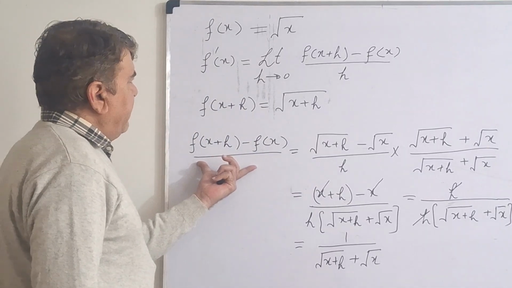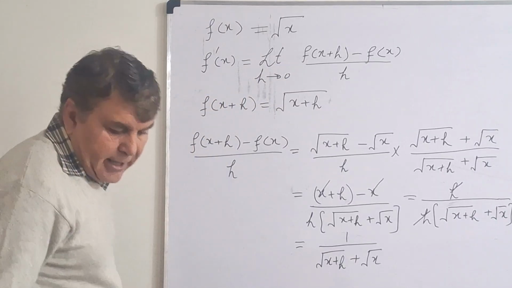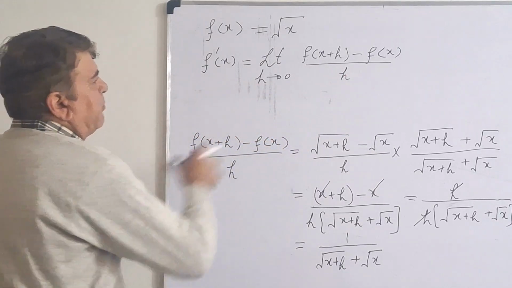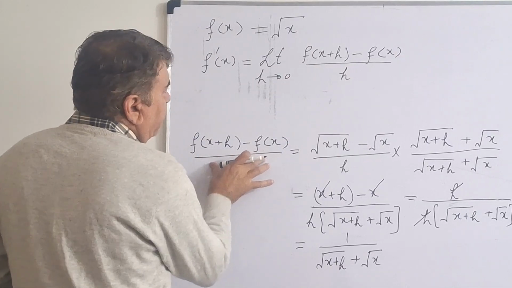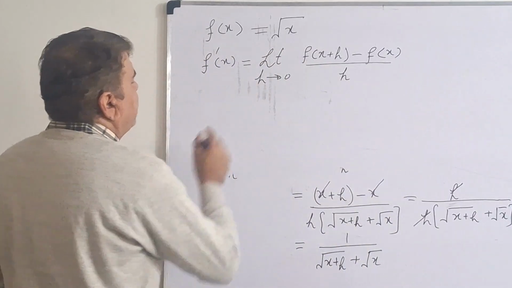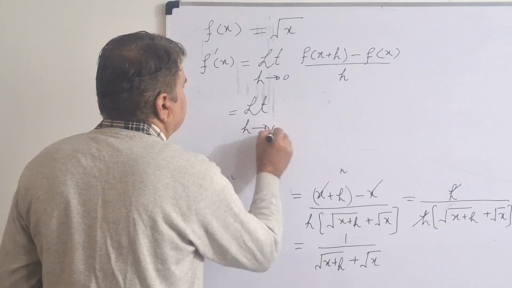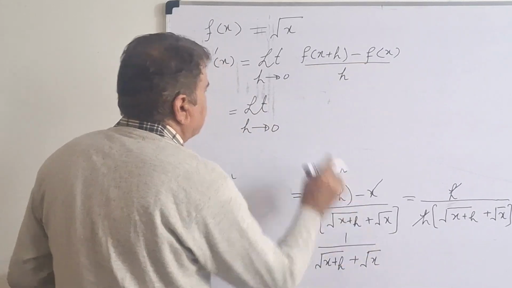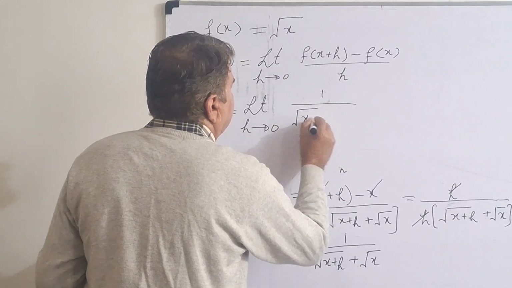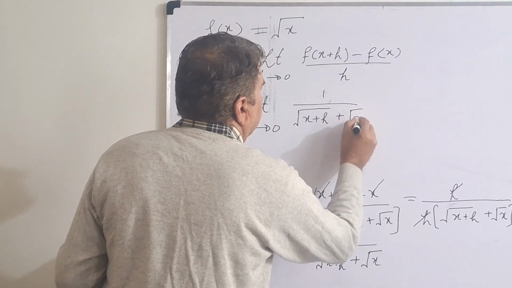Now, if I take the limit of this one, that would give me the derivative. So I just remove this thing and I plug in the value of this thing at this position, which is this thing. So I write the derivative in the form: this is equal to the limit as h tends to 0, and the value of this is this, so I write that as 1 over square root of x plus h plus square root of x,